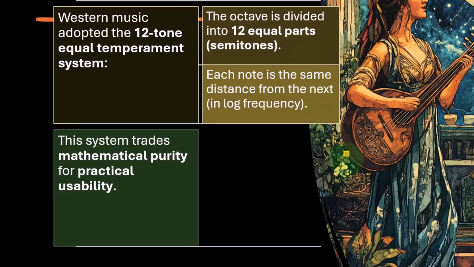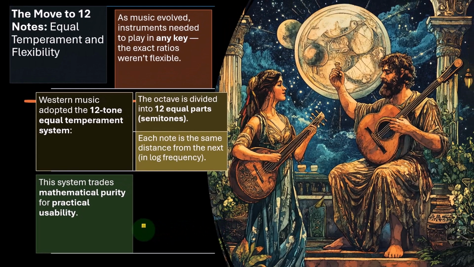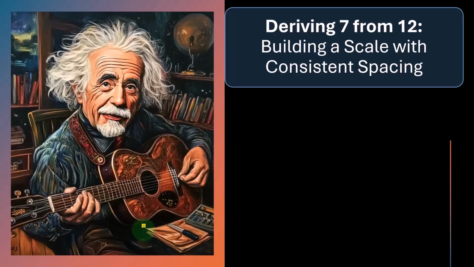So this system trades mathematical purity for practical usability. Why does it trade mathematical purity? Because we're not talking in cosmic ratios anymore, although it does have mathematical beauty in that we're breaking the octave into 12 units. The problem is it's not exactly even in the 12 units, as we saw, right? We had to fudge it a little bit to make it work. And then there's a whole history of how they fudged it to make the equal units sound equal, so it works within that system. Okay,